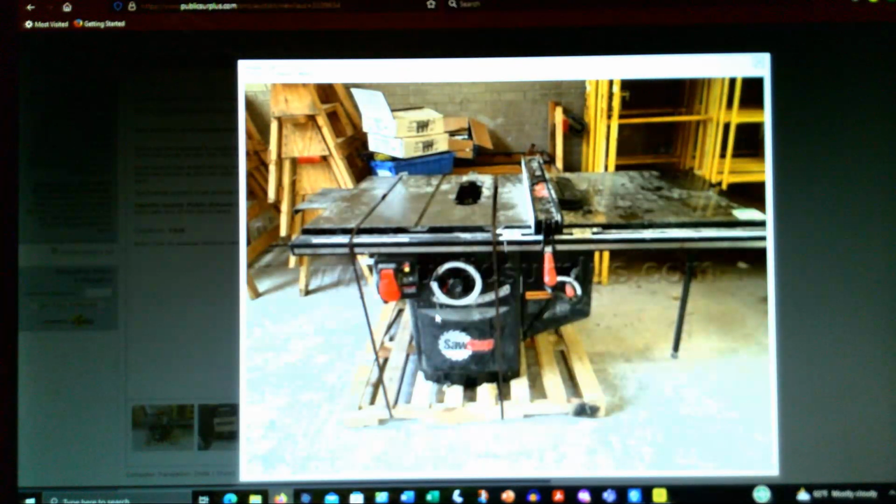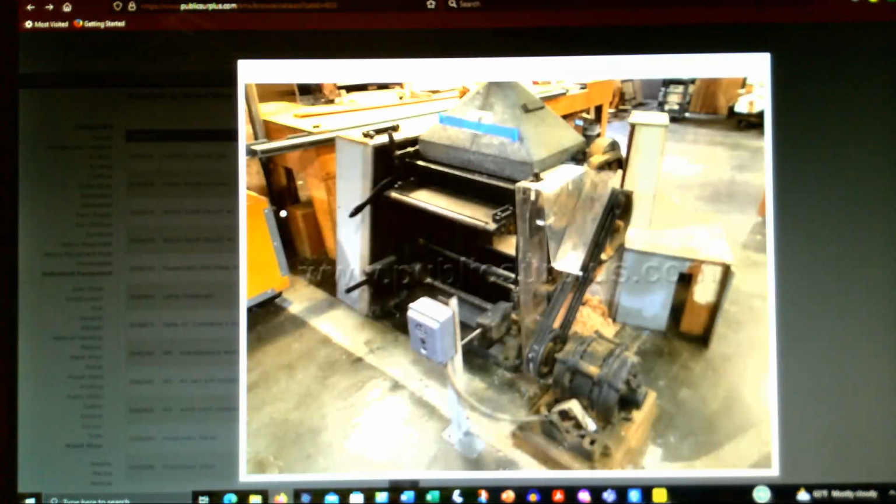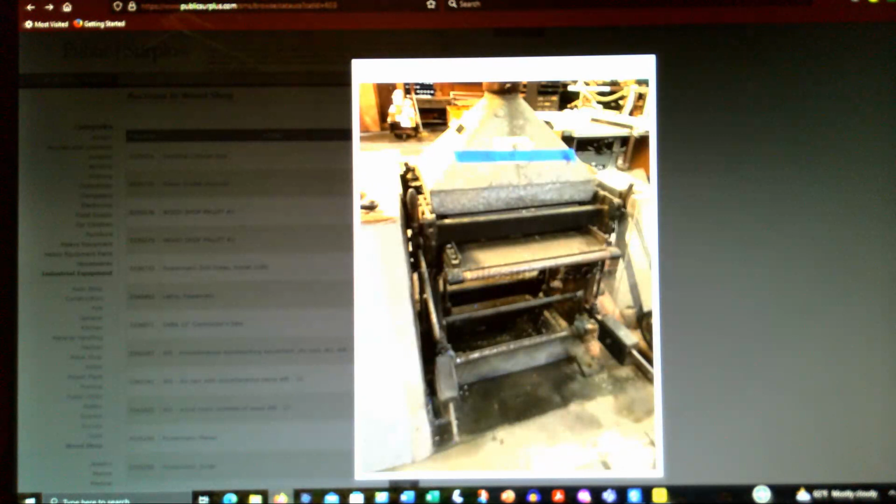The thing about buying machinery from this website: if you live in the areas where this machinery is being sold, it could be a real good bargain. So it's something to think about. If for example, in Kentucky, Washington, it's also interesting to see some of the old machinery. It's armchair travel to see what these units of local government are selling and what they have for sale and what you could actually buy if you want to go through the trouble of